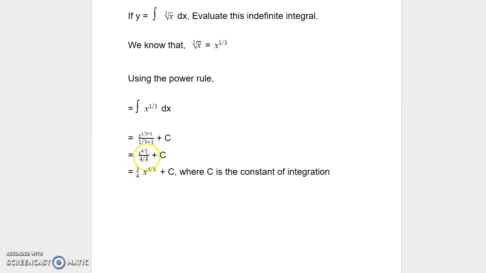X to the power of 4 over 3, the whole thing divided by 1 over 3 plus 1, is also a fraction. 1 over 3 plus 1 is 4 over 3, plus c. Now we can simplify this since we have a fraction in the denominator. When we bring it to the side of the equation, we can flip it over and then write it as 3 over 4 times x to the power of 4 over 3 plus c, where c is a constant of